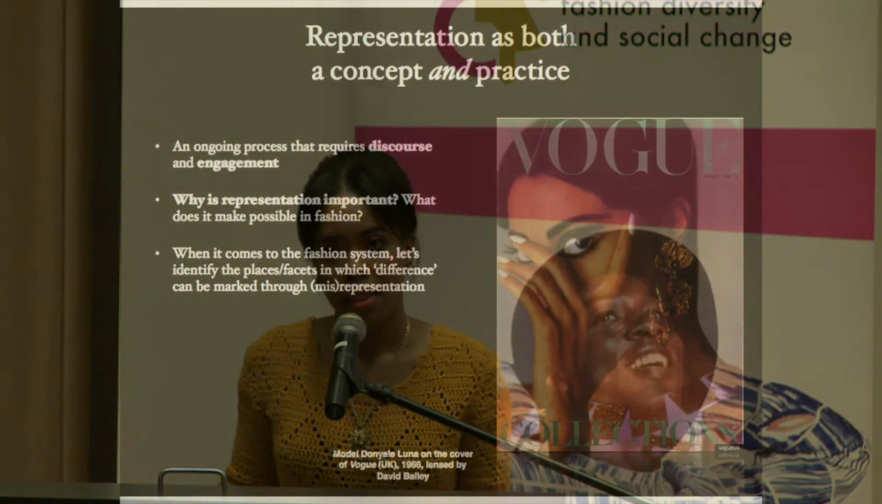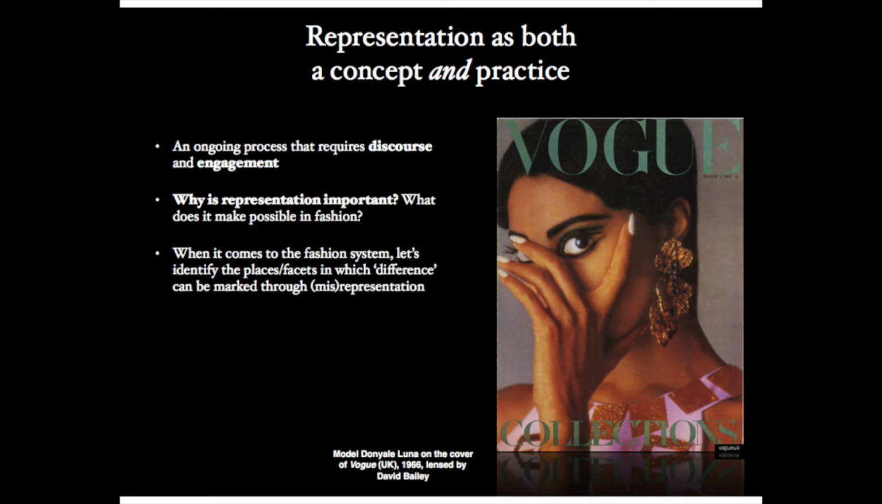And so I want to start with this image here. This isn't our case yet, but this image from 1966 is of the black model Donyale Luna. She was on the cover of Vogue. And this is just an entry exercise. So if you just take in this image, David Bailey, a popular photographer during this time, and this was a big deal, 1966, Vogue UK, having Donyale Luna on the cover. Looking at the way she's presented here on the cover,